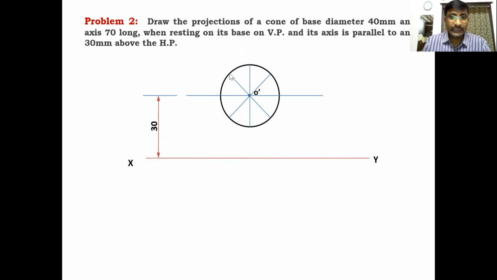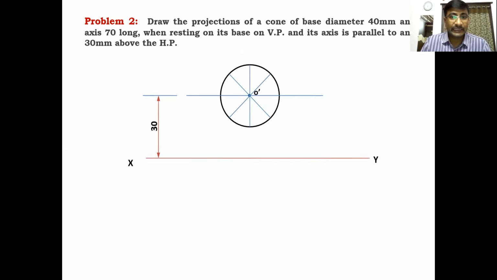Why are we dividing the circle? Because pyramids have edges and corners, but the cone has a smooth surface; it doesn't have any points, edges or corners. Therefore, to form a number of points on the base circle, you have to divide the circle. It is also done in projection of planes, and also in projection of solids such as a cylinder.